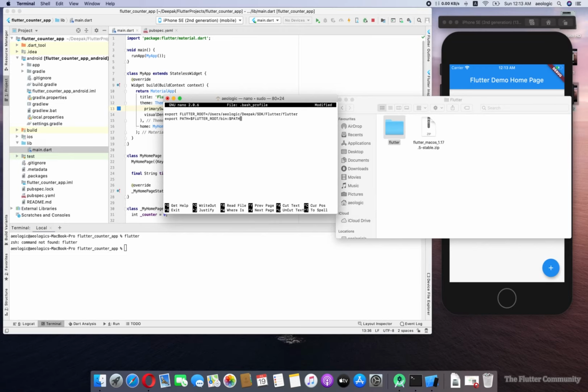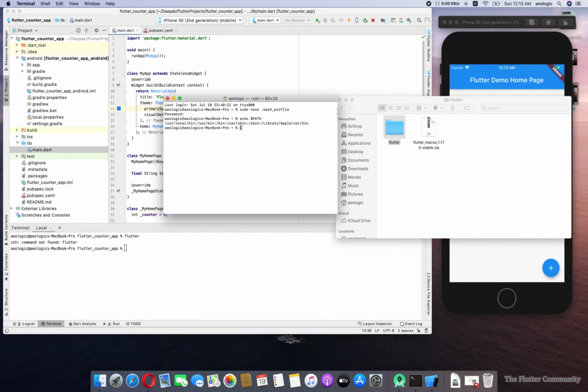So I'm going to press Control X, Y, and enter. Now our path is set. Now I'm trying to print the path here, but we will not find the current path. Here we will find the remaining path that was previously set by our system.